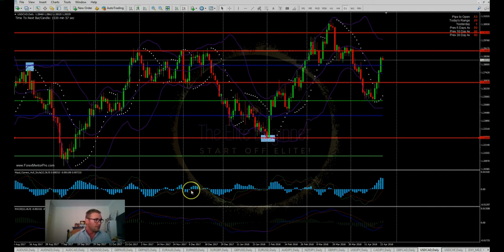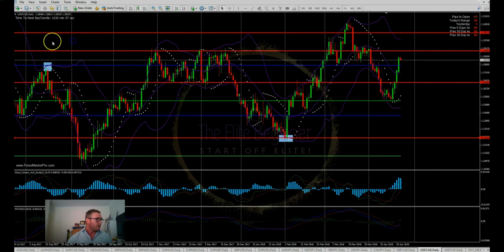Now the main ingredient, I suppose, of Jin's system that he teaches you when you first start is the sped up MACD, which is this window here, as I said before. Now I've identified a couple of zones here that are of interest, that I can show you guys something that's happened. Now this is on the daily time frame, but we'll zoom down into the shorter time frames in a minute. But essentially, with his sped up MACD, which is a really crucial part of the system,